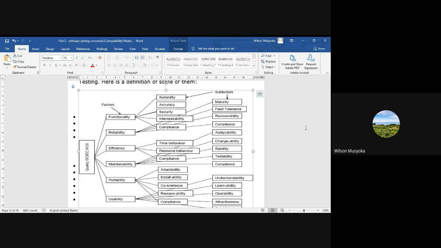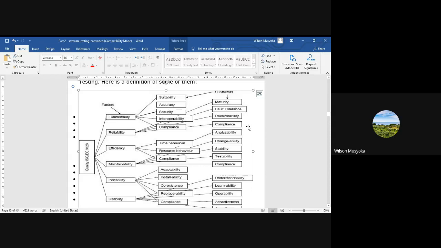Recoverability is the aspect whereby if there is a system crash, you are able to recover the system, you are able to recover the data that was within the system as expected, and the system continues to work as if there was no crash which had occurred. And then there is also compliance, whereby in terms of reliability the system is compliant to the set standards of maybe fault tolerance and recoverability